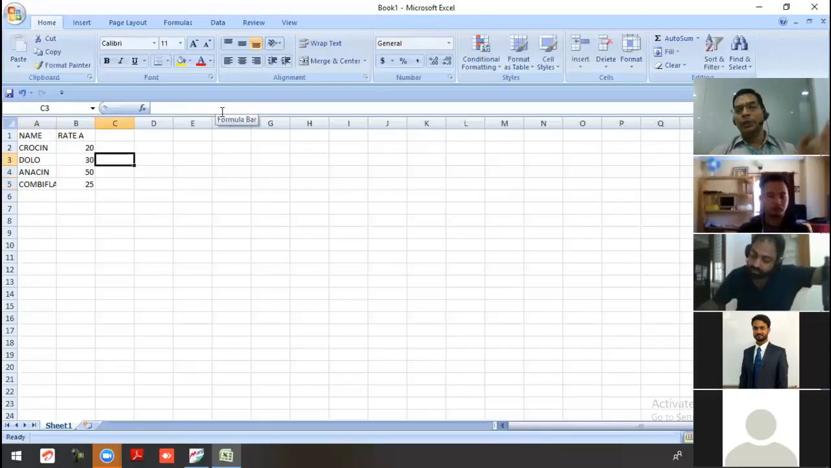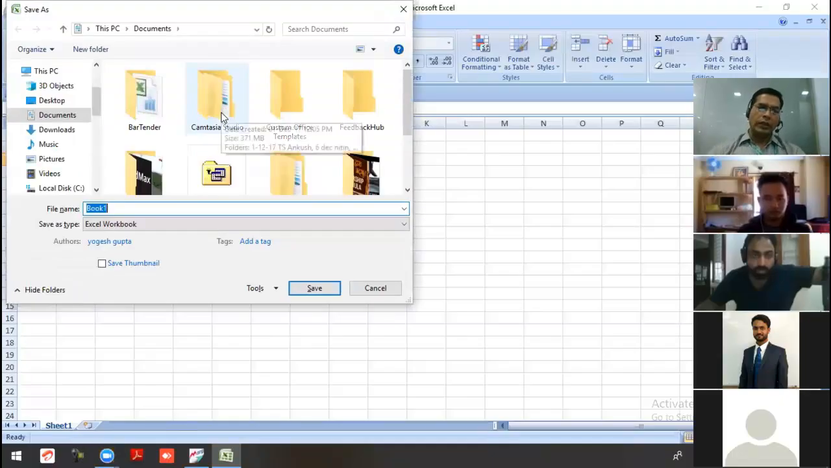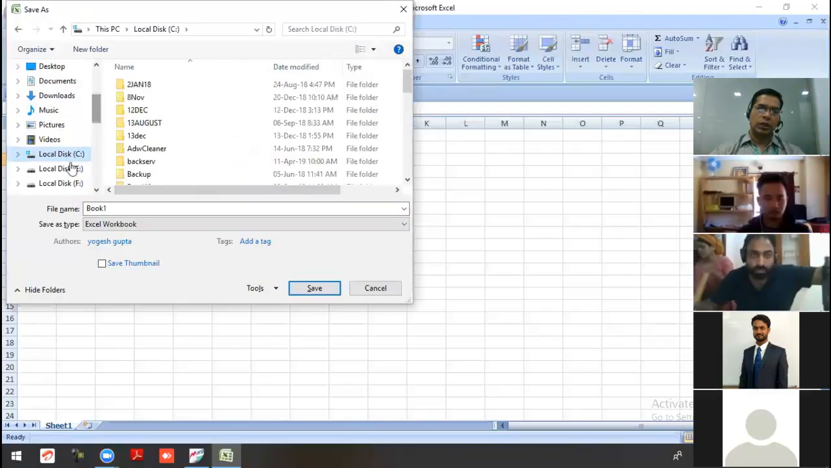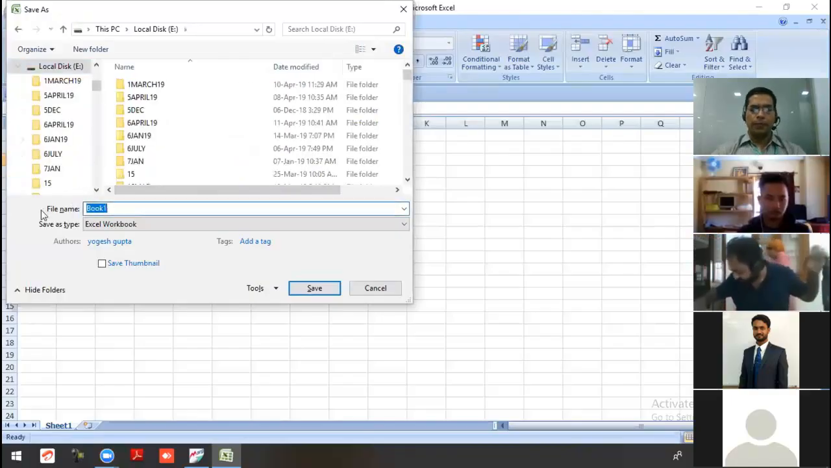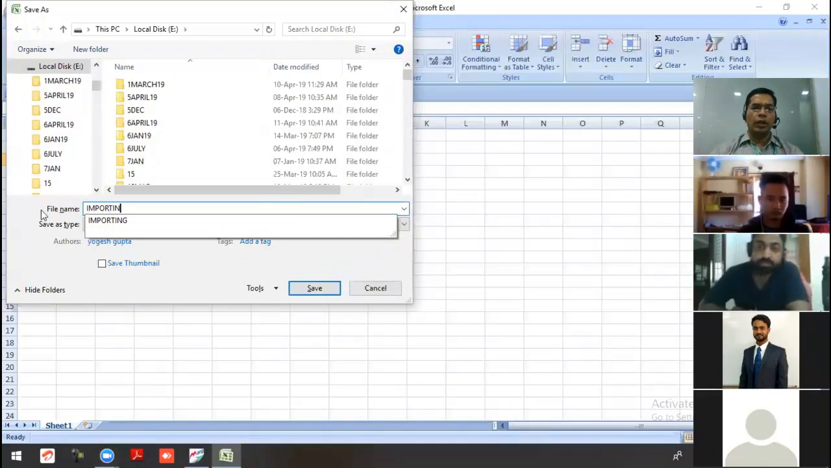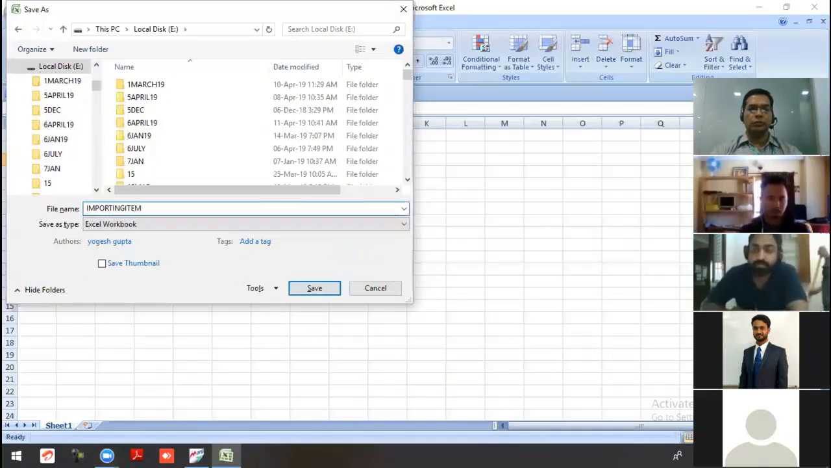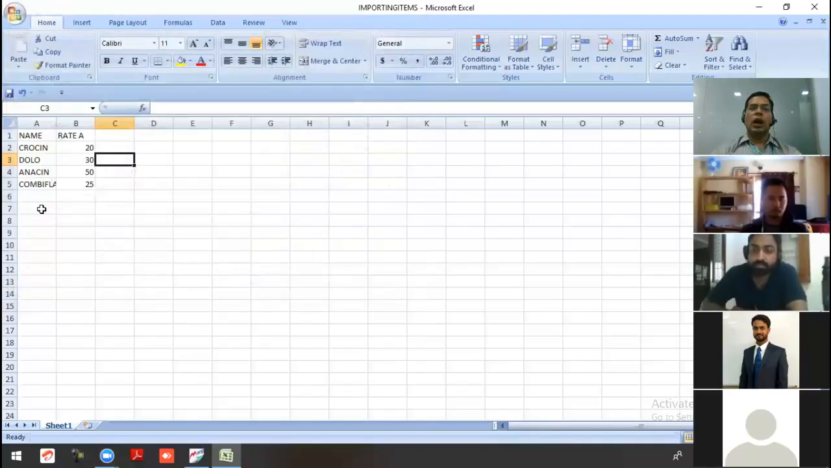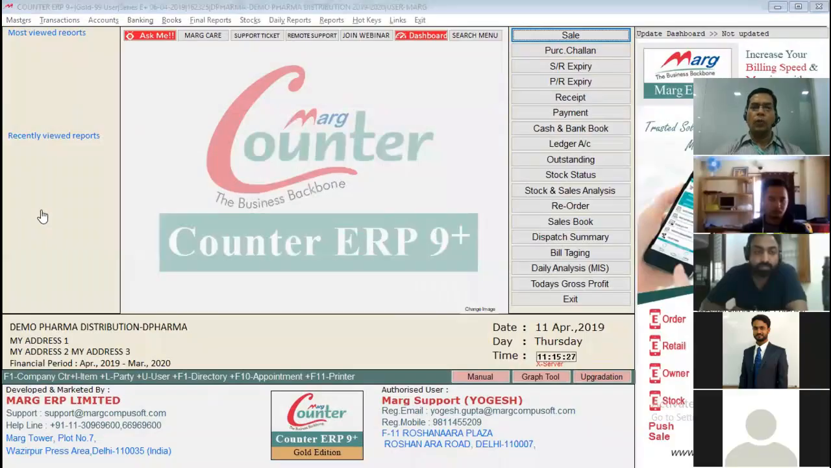Then you can add the company, salt, whatever you want. I'll show you how to import. Then you put the variable with the same method. Then press control S. I say that I'll save in the E drive. Importing item. I save in the E drive. I close the file. Now